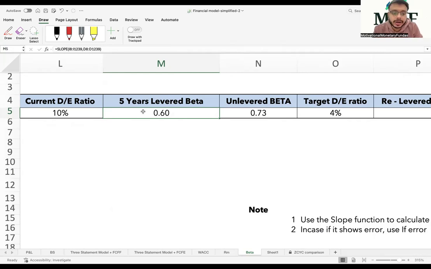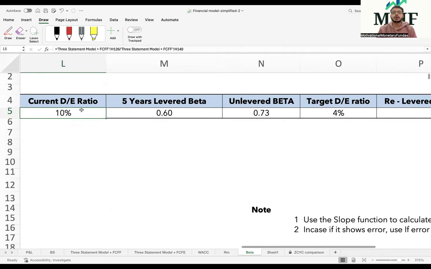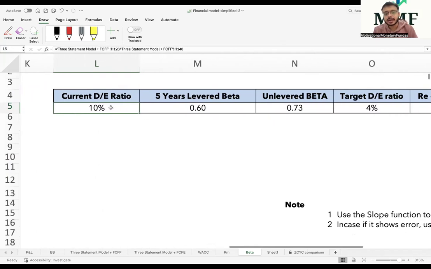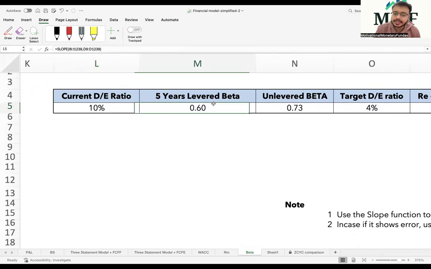तो यहाँ पे जो 0.60 का बीटा है, it has taken into account the current debt to equity ratio of this hypothetical company. तो ये जो hypothetical company का मैंने यहाँ पे एग्जांपल दिया है, इसका current debt to equity ratio is 10%. एंड उसी के बेसिस पे दिस 0.60 हैज कम इन टू प्लेस. But the management says, hypothetically, we are assuming just to make you understand that the debt will be reduced by 6%. 6% कंपनी का डेट कम कर देंगे अगले 5 साल में, एंड कंपनी का डेट वुड कम डाउन टू 4%. So we cannot take this 10%, the 0.60 makes no sense for us then.